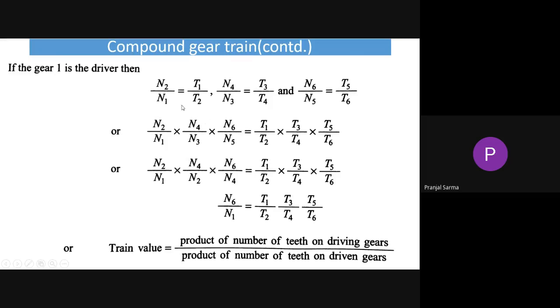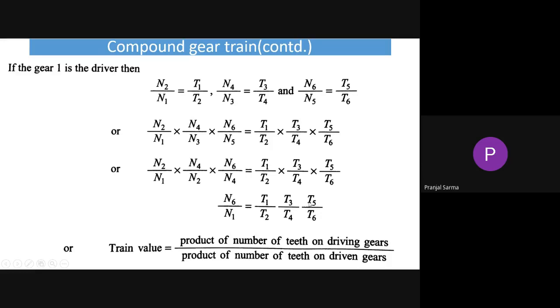So here also, in case of a compound gear train, we can write in a similar way. N2 by N1, the set, one pair we have considered. Next, N4 by N3 can be written as T3 by T4 and so on. And if we multiply, just like the previous case, at the end we obtain the train value N6 by N1 as the product of the number of teeth on the driving gears